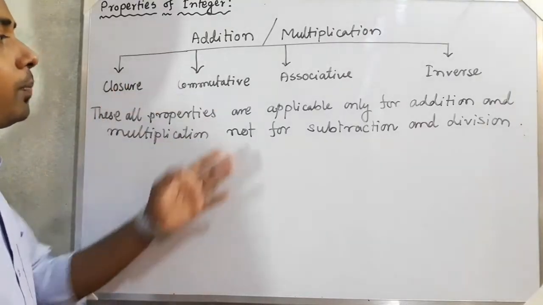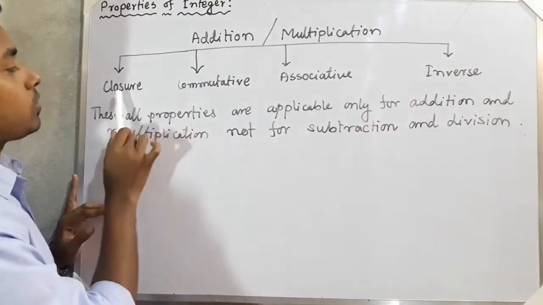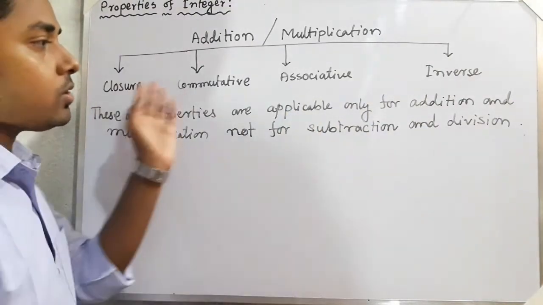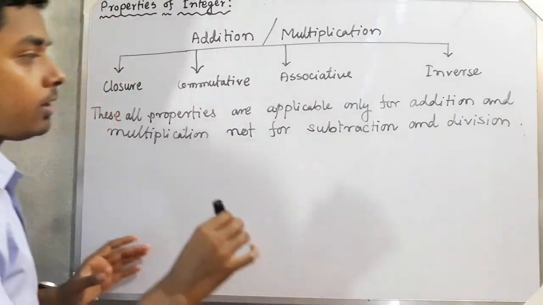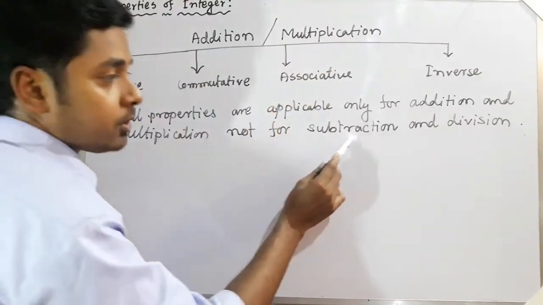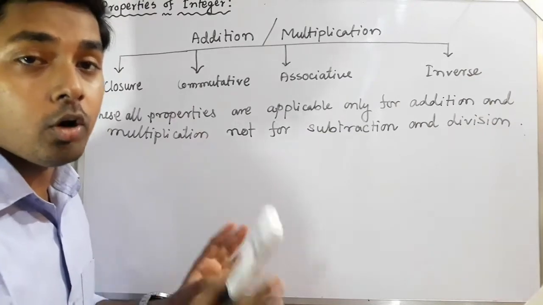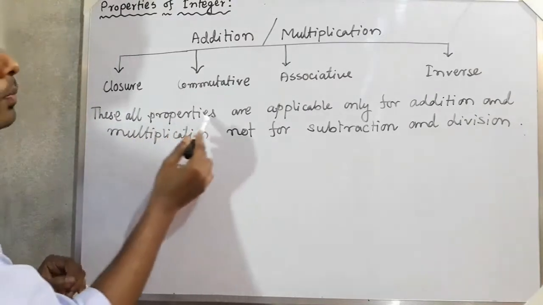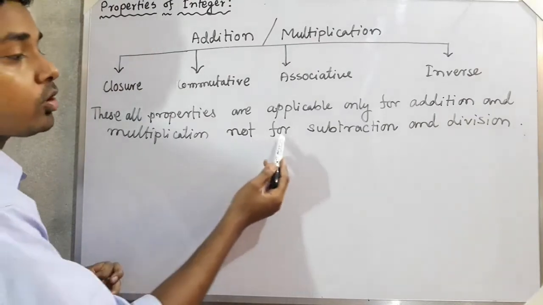So for addition and multiplication, how many properties do we have? 4 properties: closure, commutative, associative, and inverse property. These 4 properties are applicable only for addition and multiplication, and they are not applicable for subtraction and division. So I have written here, these properties are applicable only for addition and multiplication, not for subtraction and